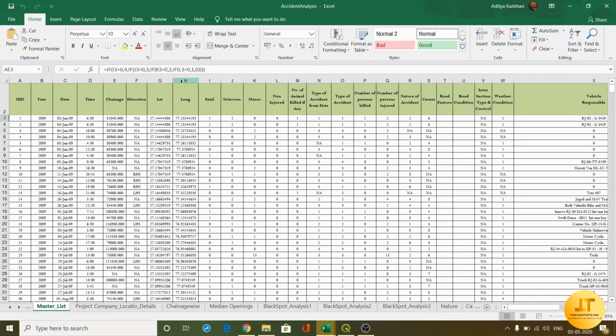This latitude and longitude is the most important data for preparing a heat map in QGIS. We also have how many fatal injuries were there in the accident, how many grievous injuries, how many minor injuries, etc. We'll use this accident data for black spot identification.